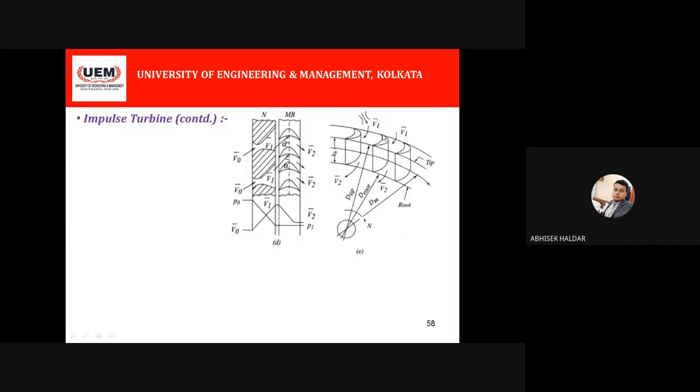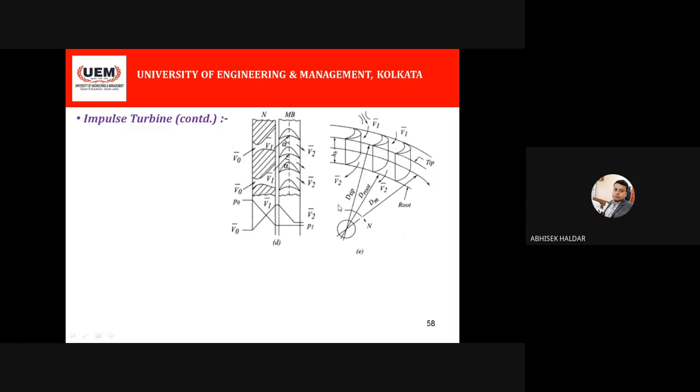The direction is shown over here. You can see the direction of the flow of the steam. In this way it is hitting this blade, the moving blade, and it is going out like this, v2. This is just some part shown. So if it hits in this direction, obviously the whole wheel will rotate in the clockwise direction, or not? Yes, clockwise.